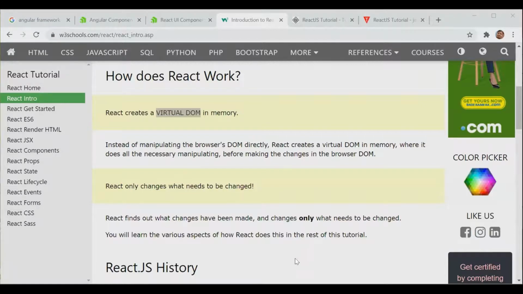The tree will look like that: the main div, then the subordinate divs, and anything under those divs comes after that. So why are we using virtual DOM in React? Going further on that, I want to shed light on why we are using React. Basically, React is a framework which allows us to do partial page updates.